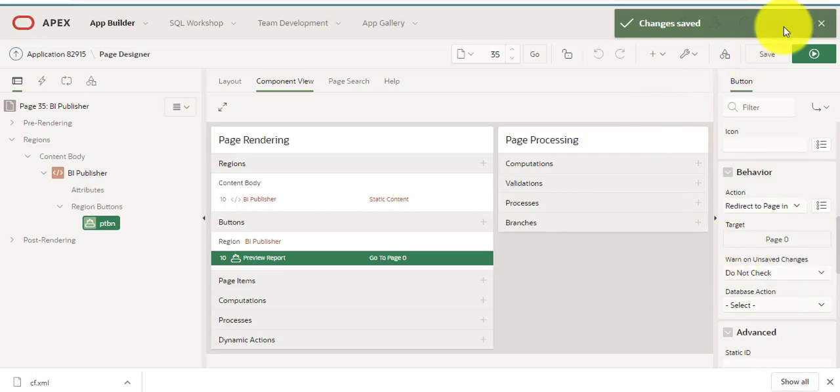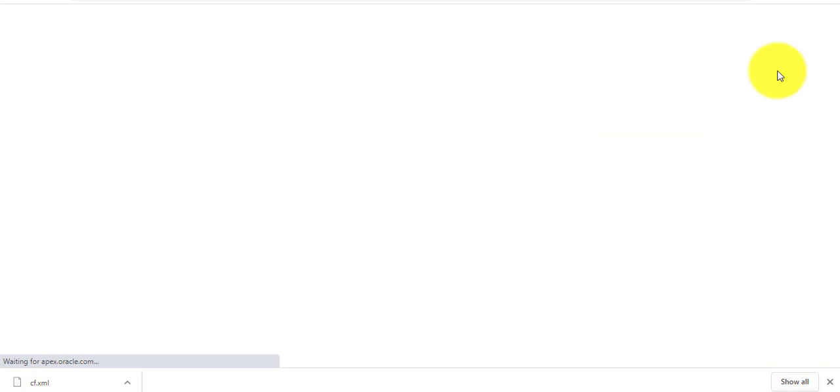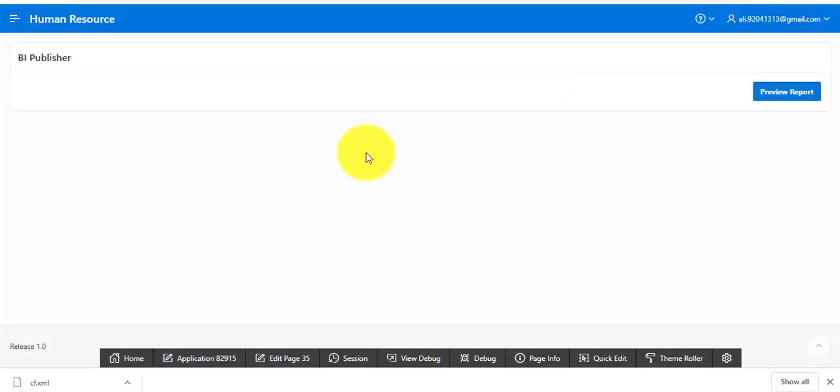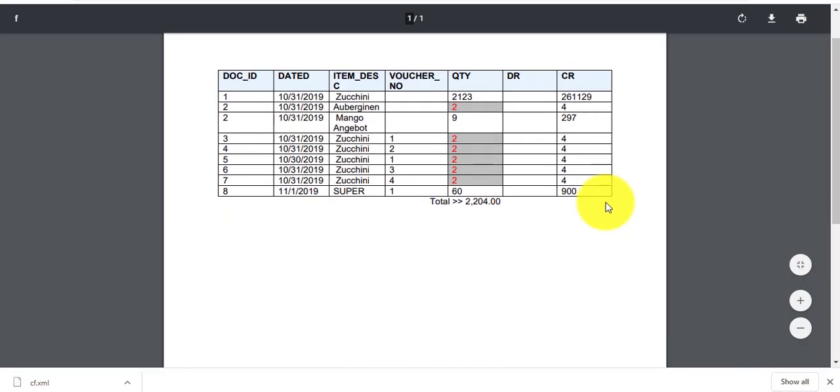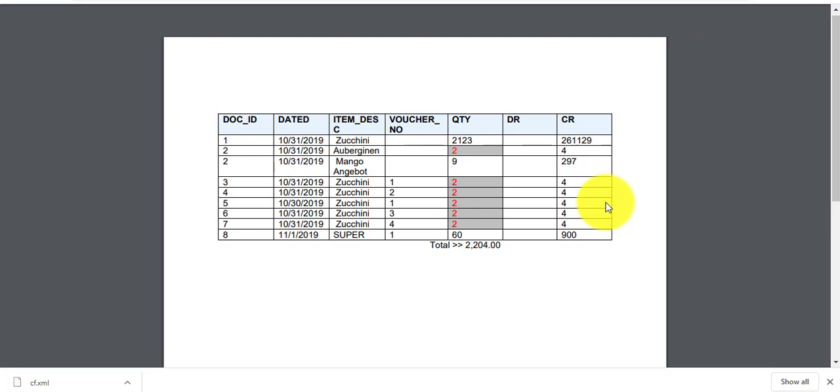If I'm pressing save, and if you have any confusion, please watch my previous video on BI Publisher, and press the report view button. You can see all the formatting has been shown in the report.